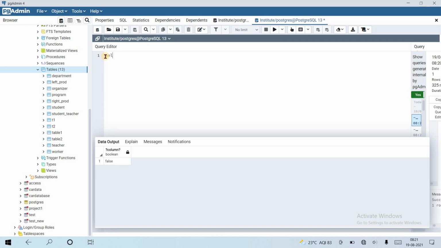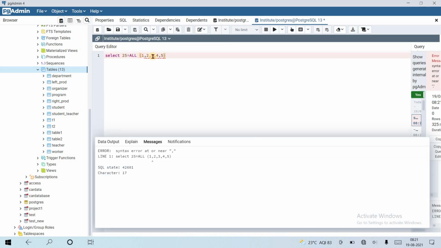So select 25 equal to ALL and in parenthesis. It will check the expression 25 with the equal sign and ALL, and in parenthesis it will check all the values like this. So is 25 present in this? Now it will return false.